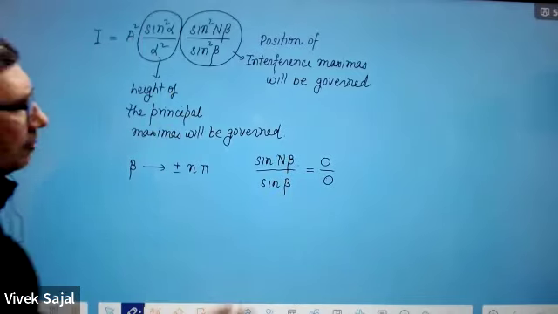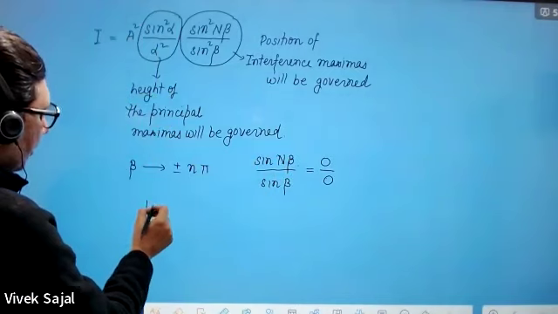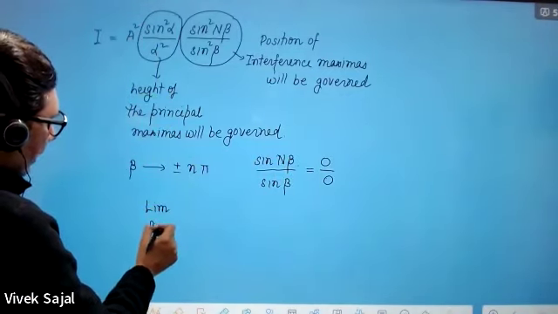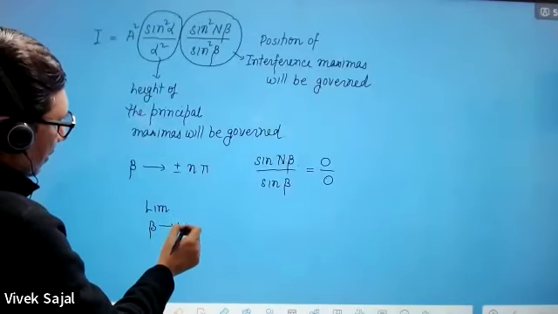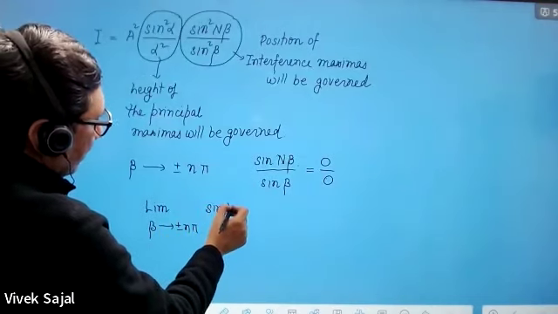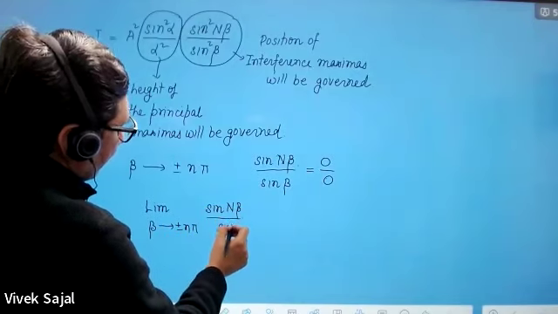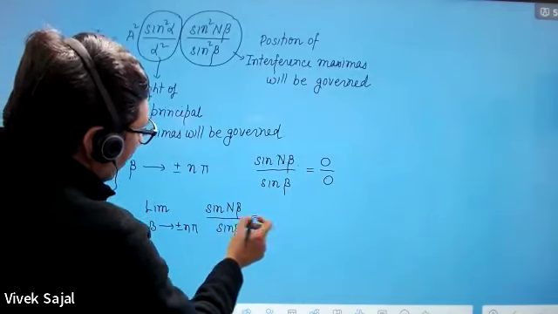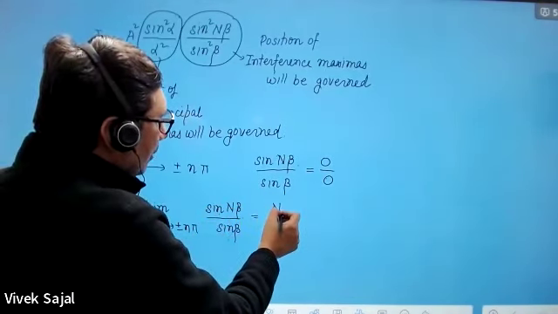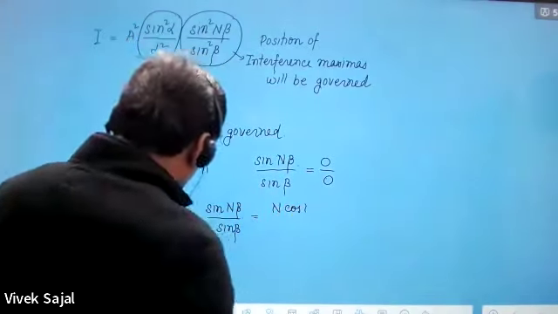ठीक है? This will be 0 by 0. So what will be the limit? How can you find out the limit of this? Limit, in the limit, this beta tending to plus minus n pi, sine n beta upon sine beta. It will be how much? First you are going to differentiate this numerator and denominator. So this will give you n cos n beta,